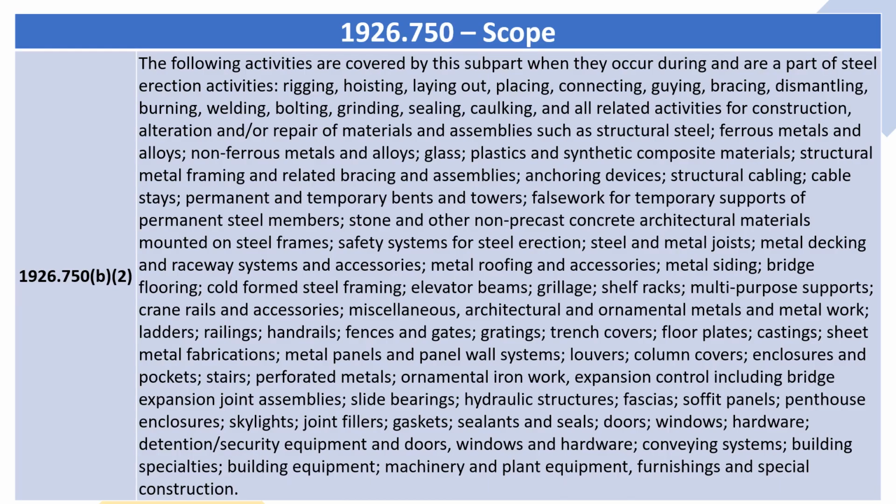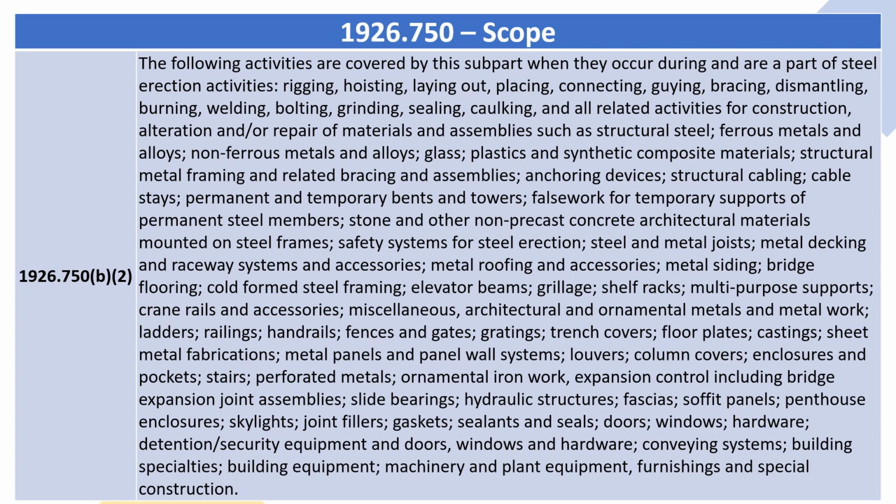1926.750(b)(2). The following activities are covered by this subpart when they occur during and are a part of steel erection activities: rigging, hoisting, laying out, placing, connecting, guying, bracing, dismantling, burning, welding, bolting, grinding, sealing, caulking, and all related activities for construction, alteration and/or repair of materials and assemblies such as structural steel, ferrous metals and alloys, non-ferrous metals and alloys, glass, plastics and synthetic composite materials, structural metal framing and related bracing and assemblies, anchoring devices, structural cabling, cable stays, permanent and temporary bents and towers, false work for temporary supports of permanent steel members, stone and